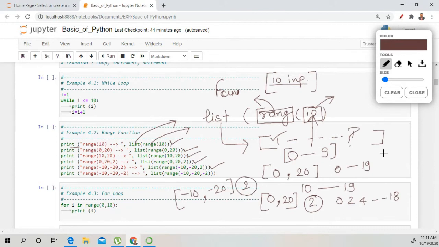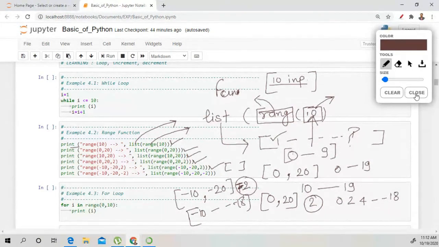So error. Okay, so it will not display anything because this is plus 2 and we are going to take the range from minus values. So it will not print anything, it will display an empty list. Now, list range from minus 10 to minus 20 with negative difference, so it will display the output right in the chat box, starting from minus 10 to minus 18. Yes, minus 10 to minus 18.